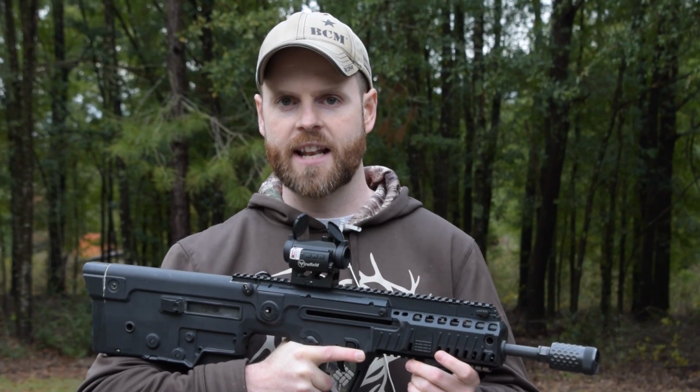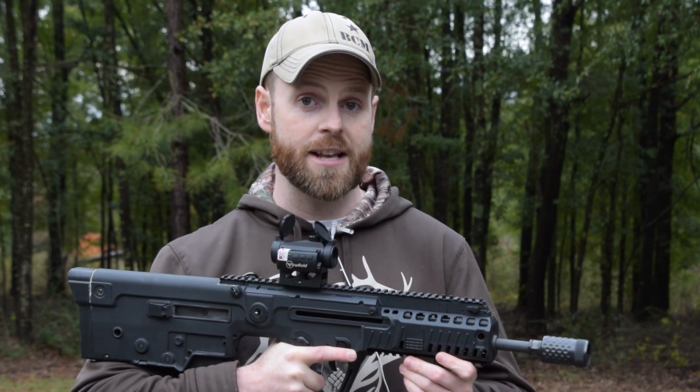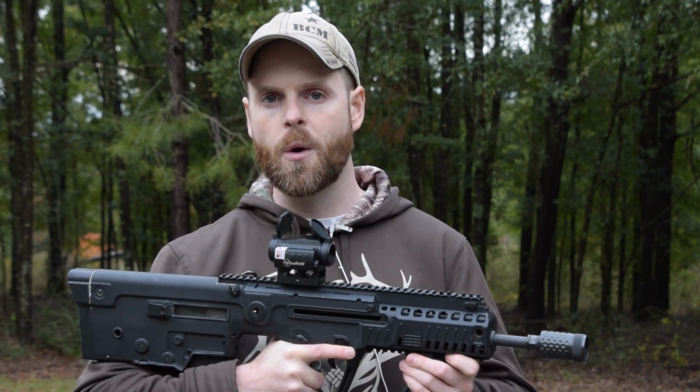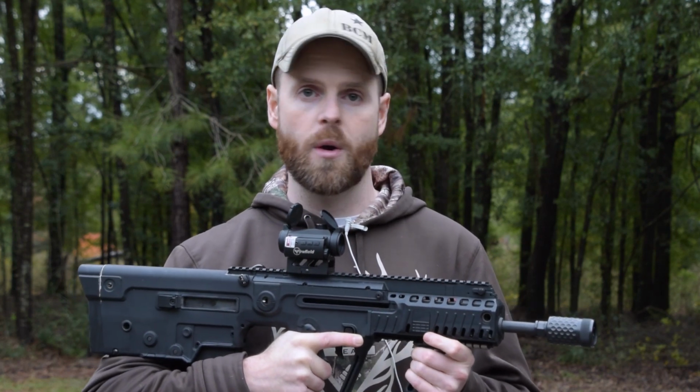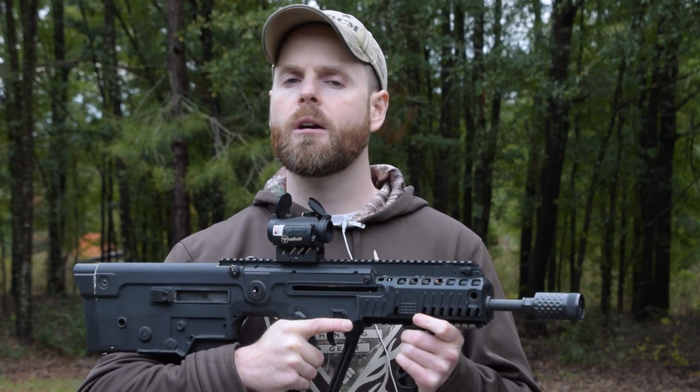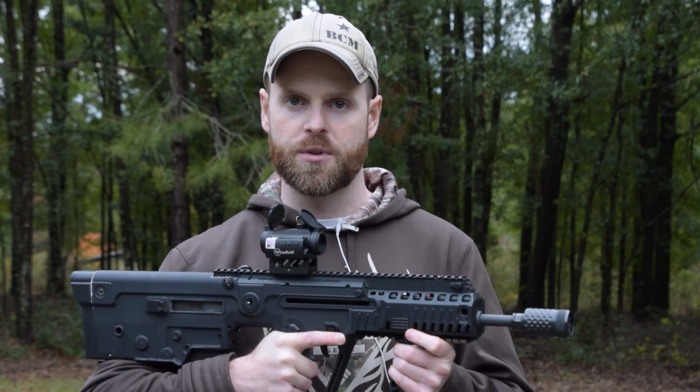Since most optics that I've ever tested with a 12 gauge that failed as a result of that recoil did so in the first 2 or 3 rounds. It was quickly apparent that those optics were not designed to take that amount of recoil. And while the optic held zero with no issues whatsoever and functioned fine, there are other less praiseworthy aspects I need to address. For example, even while on the brightest setting, the red reticle is not bright enough to be